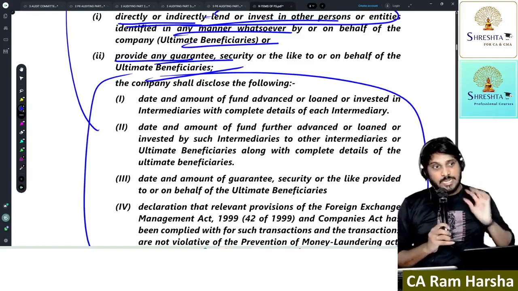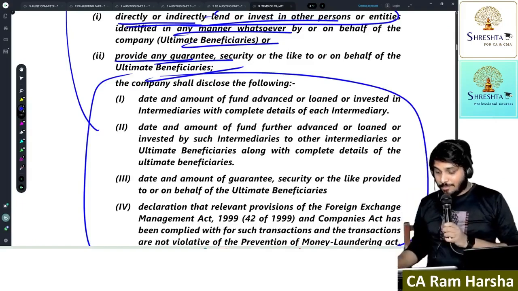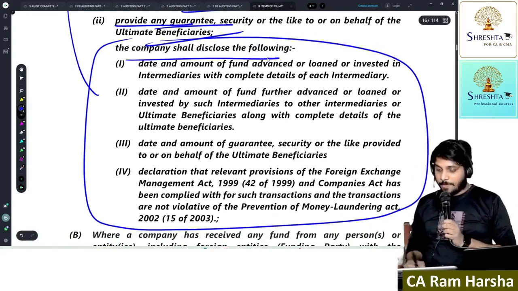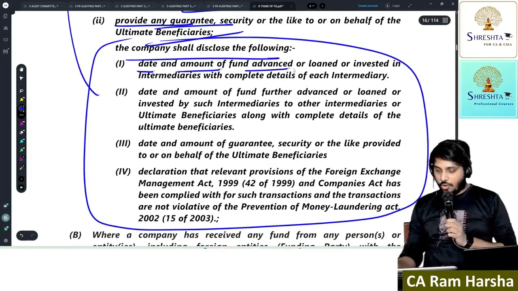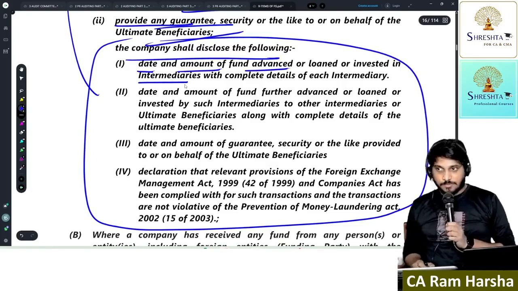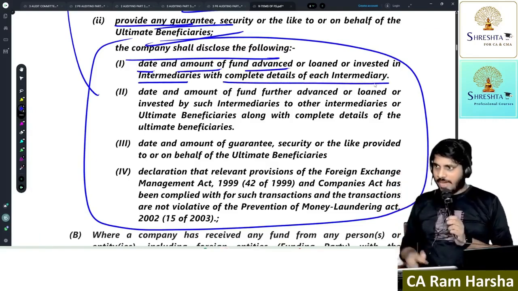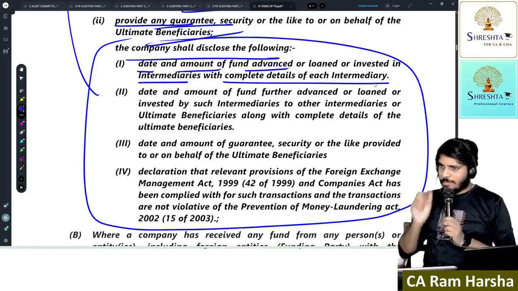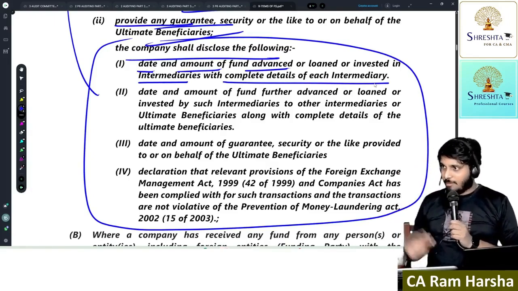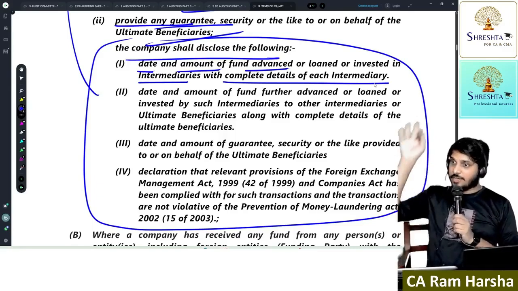If any of these transactions were there, the company shall disclose the following: the date and amount of funds loaned or invested in the intermediary, with complete details of each intermediary. What do you mean by intermediary? I gave money to them, but that money is not for them. That money they need to give to somebody.